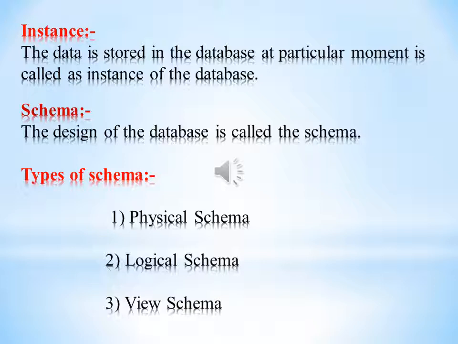The physical schema is the design of a database at the physical level. That is, how the data is stored in the blocks of storage is described at this level. Second is the logical schema, the design of the database at the logical level. Developers and the database administrator work at this level. Here the data can be described as certain types of data records stored in data structures. However, the internal details, like the implementation of data structures, are hidden at this level.